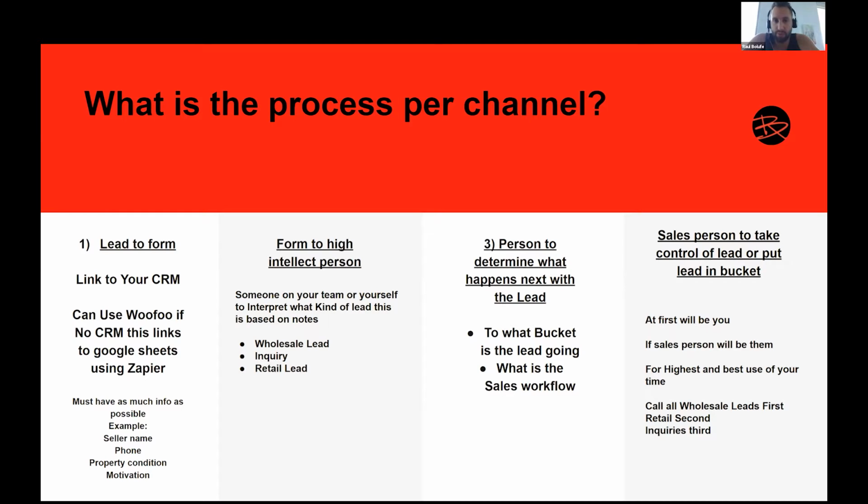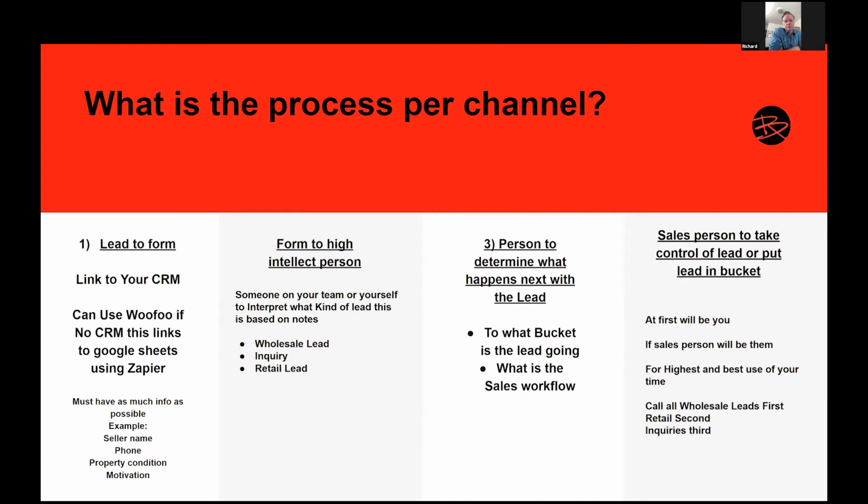an investment lead fits two of those three criteria: the house needs repairs, they need motivation, and they have a real reason to sell. If it fits two out of those three, it's a lead. What you want to do is get that out of the text system, out of Batch, and into a spreadsheet or another platform. The reason is Batch is going to get very crowded once you start doing it, which is fine. But when you're dealing with hot leads and you want to close them, you don't want to be in a crowded system, because one of these people can be a 15, 20, $30,000 deal, and you don't want a crowded system to hinder you from that result.